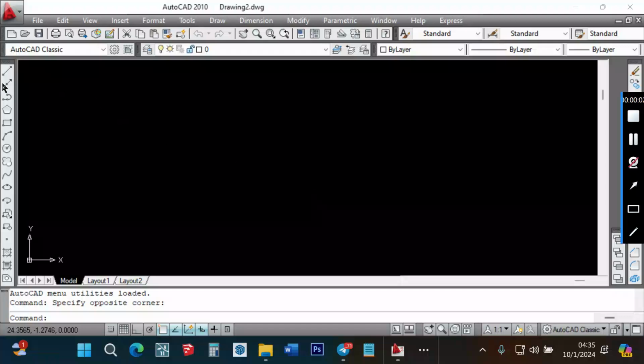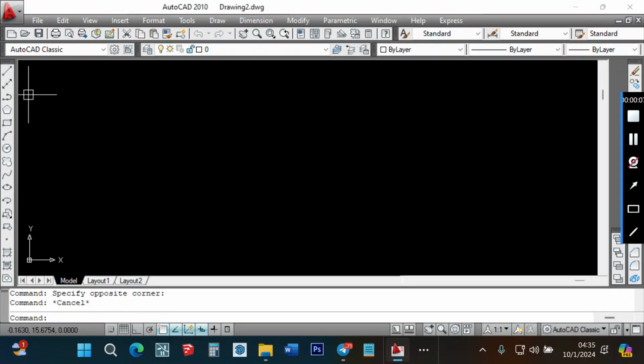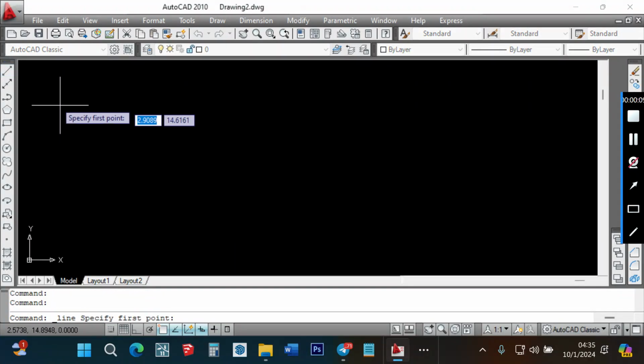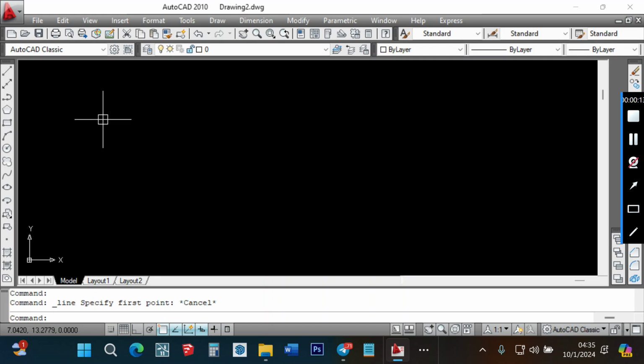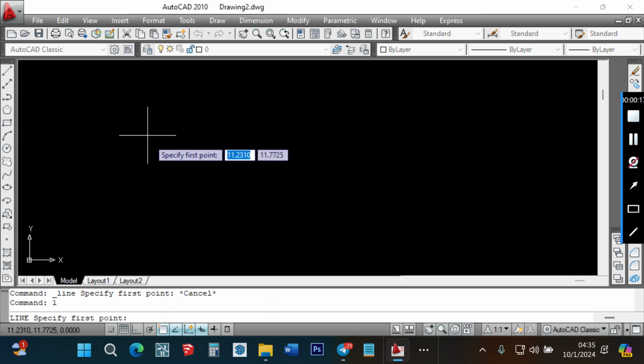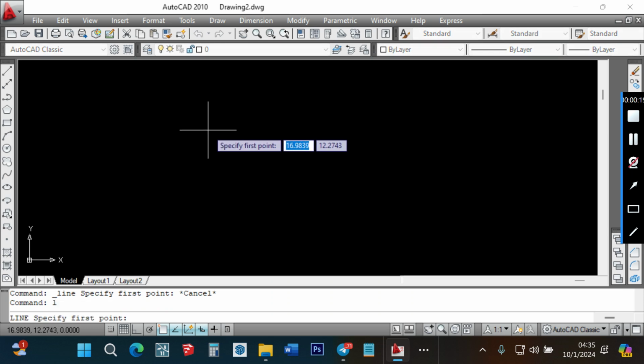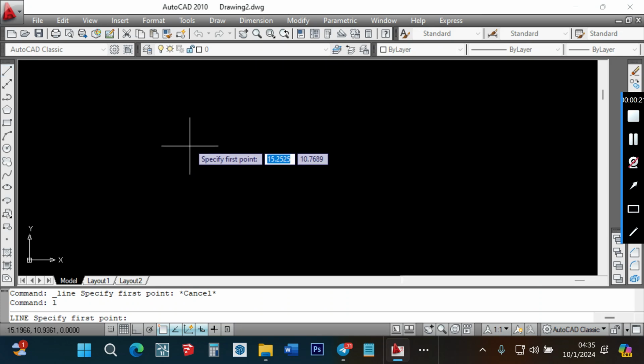Alright, so let's learn the line tool. The line tool is right here. You see, line tool. The short form is L enter. So when you want to use it, you click your L enter, or you click it here, and then you